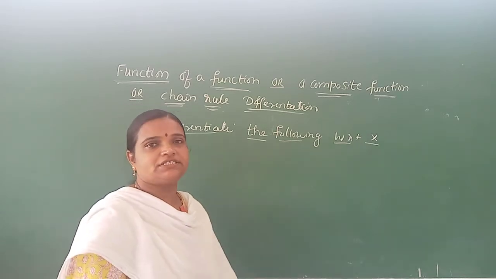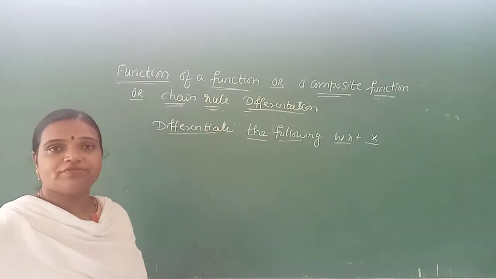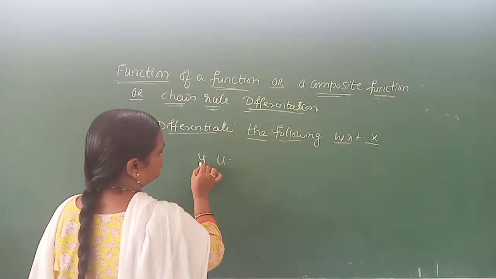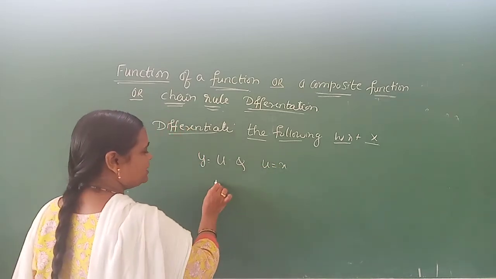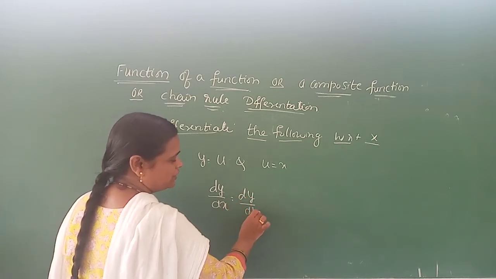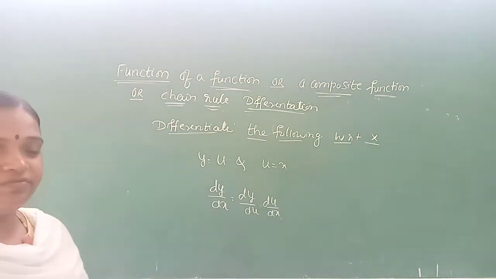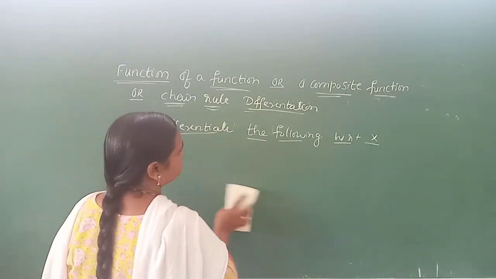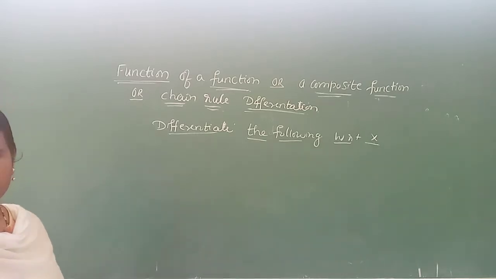Last class we discussed function of a function, or a composite function, or chain rule differentiation. In that, if y is a function of u and u is a function of x, then dy by dx can be written as dy by du into du by dx. Based on that, we have done 2-3 examples. Now today I will take similar theoretical part based examples, and such type of examples are usually asked in the exam